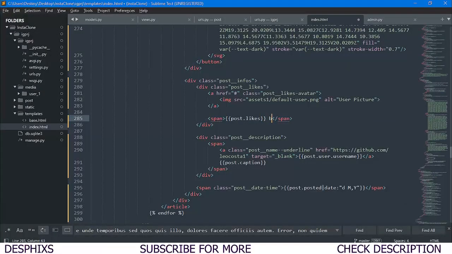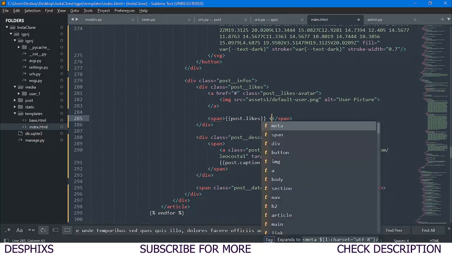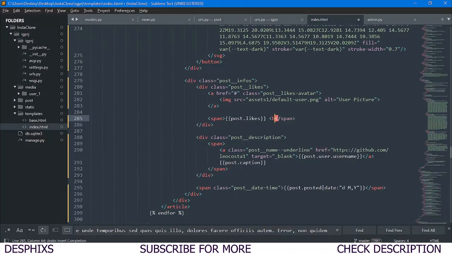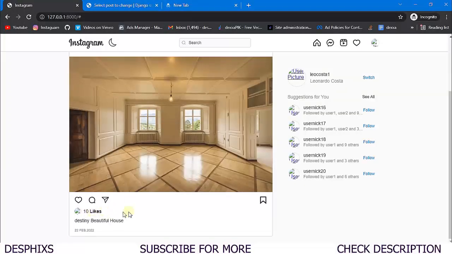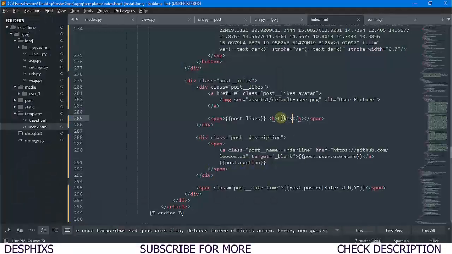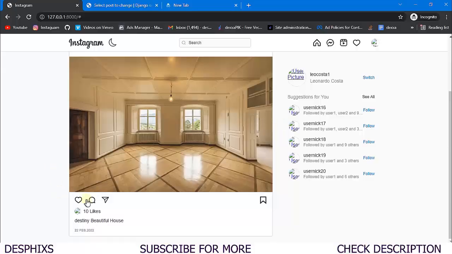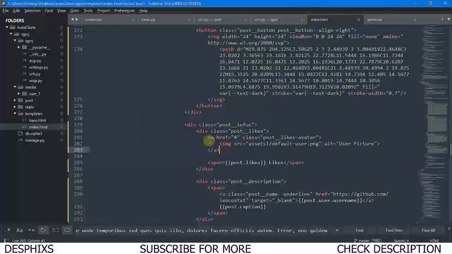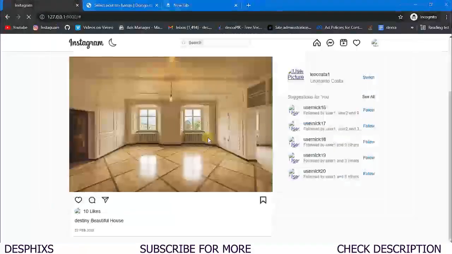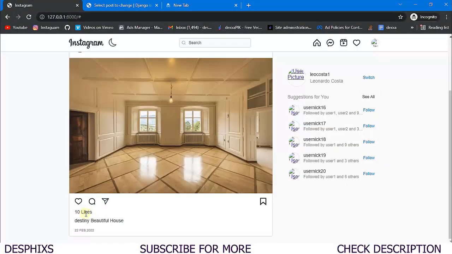Then I'm gonna add in a b tag. No, that's supposed to be a b tag. Then I'm gonna say likes. Okay, so we've got 10 likes, or rather we can even just add the b tag to the 10, or we can even just leave it, I don't know, 10 likes. Okay, so as you can see, 10 likes, and we've got this image over here. I don't actually think I need that image. I'm just gonna go ahead and comment it out. Okay, so as you can see, 10 likes.